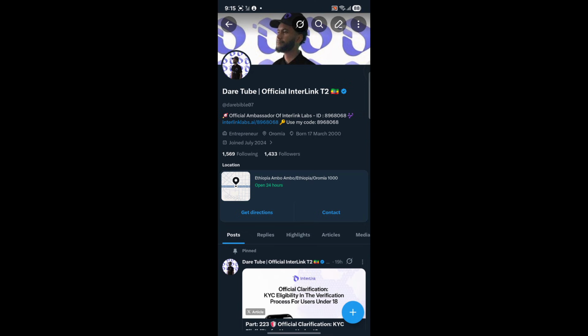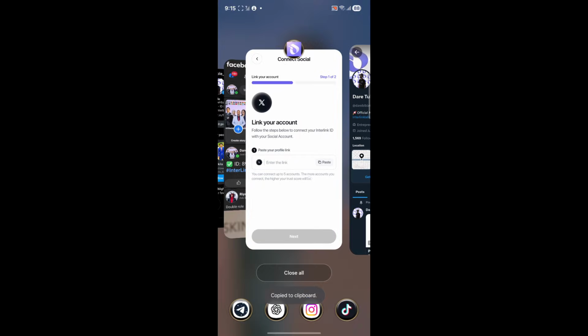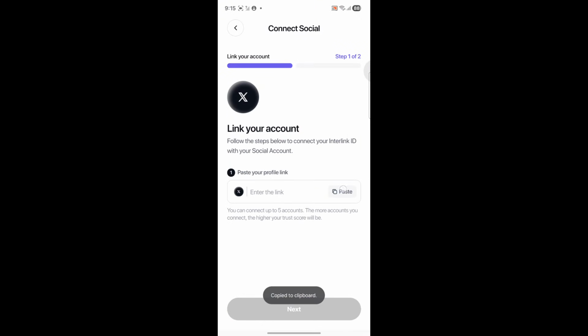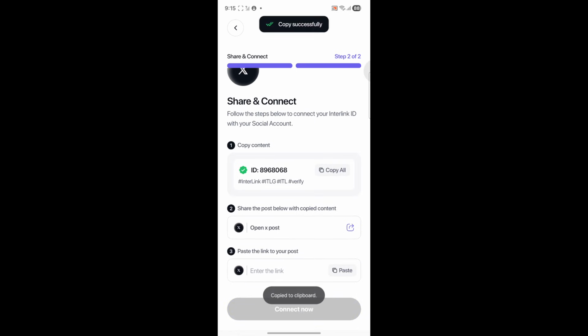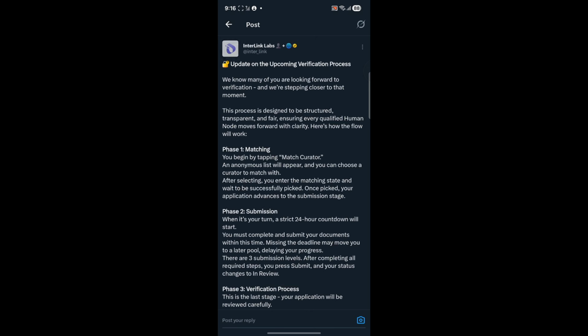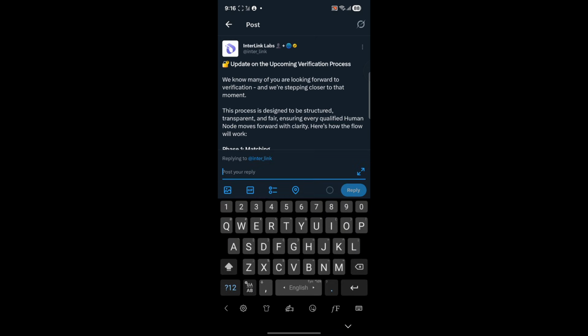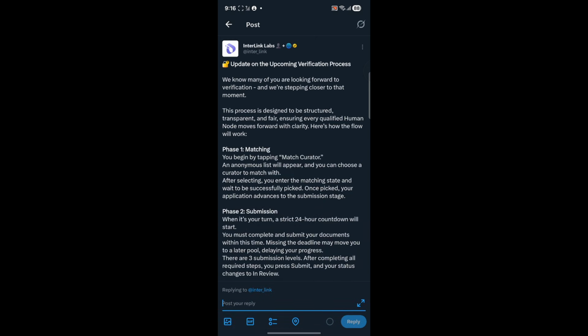Click the three dots, this share, and copy the link and paste here. Just paste here, next, and copy this.